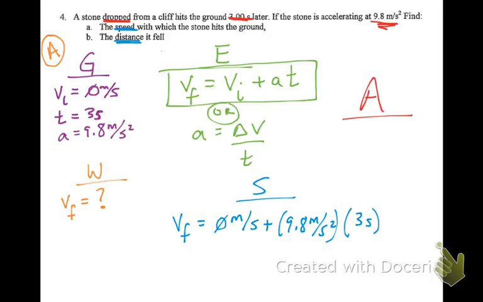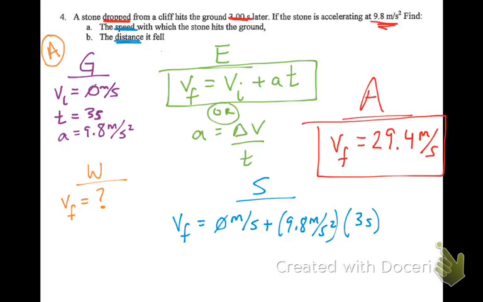So our answer for part A is 29.4. So VF equals 29.4 meters per second. Not so bad. So now that we solved for VF, that actually becomes a given for part B. 29.4 meters per second. So now, for part B,